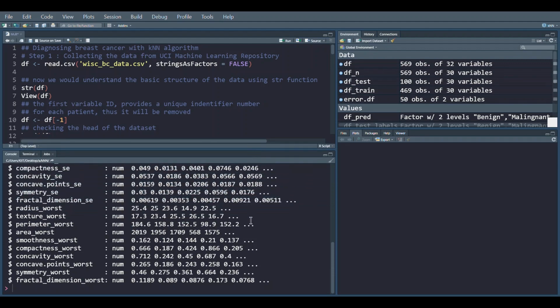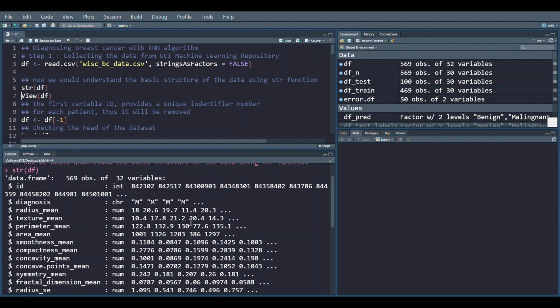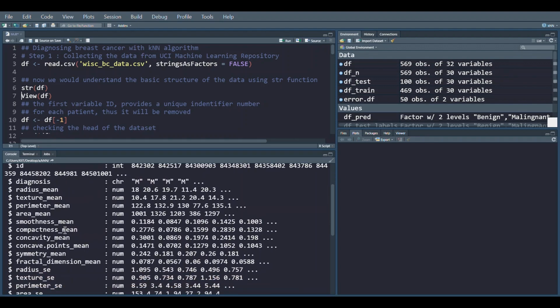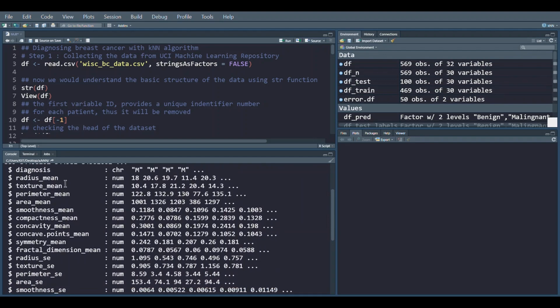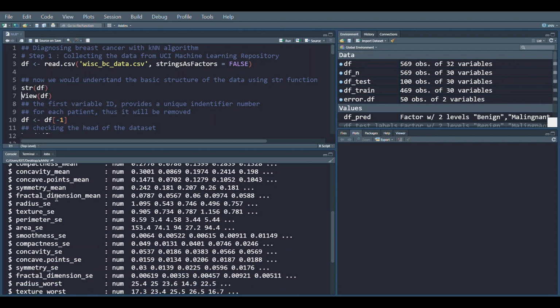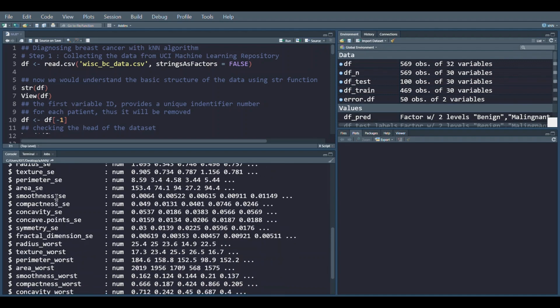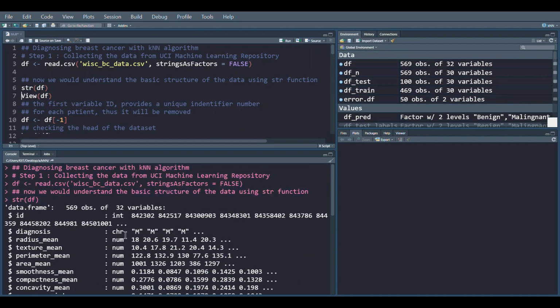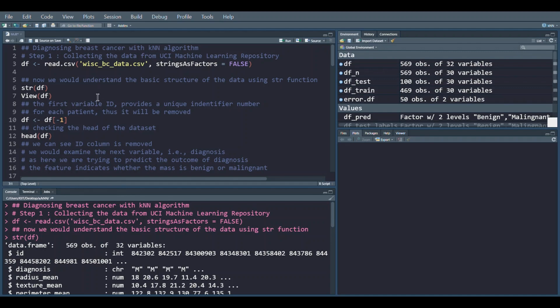So when we run the str function, we can see that we have a diagnosis column, radius mean, texture mean, perimeter mean. So we have various variables in different columns, according to which a person analyzes whether the lump which has been found is malignant or benign.